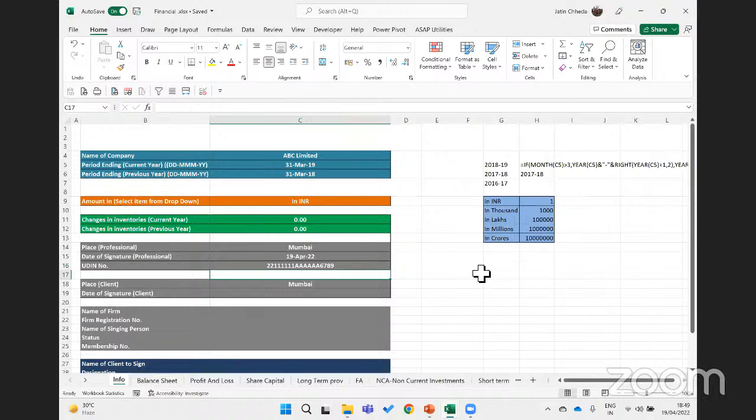And the client signature also, assuming he has done it in Mumbai or Thane. And now I am just writing down the firm who is going to sign that firm audit. So I'm writing down ABC and company, firm registration number, partner status, membership number,